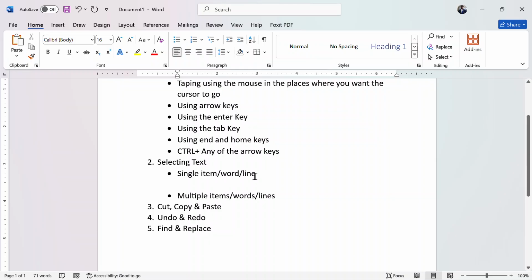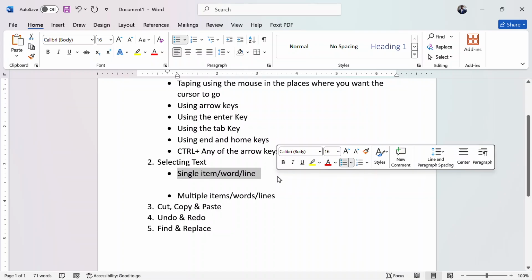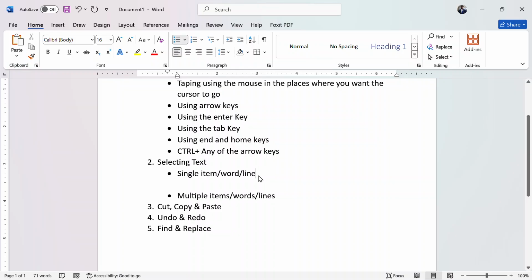When you're selecting a single line, you can hover the mouse or put the mouse at the beginning or at the end of the word, then tap on the left arrow key and then move while holding the key down, or the left mouse button down.